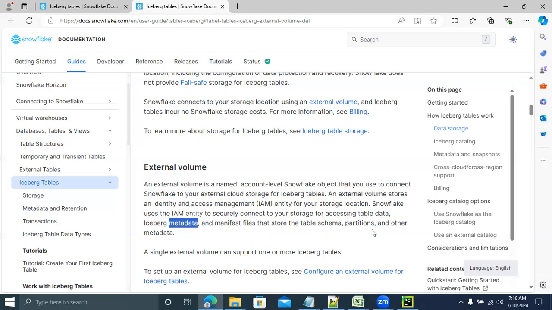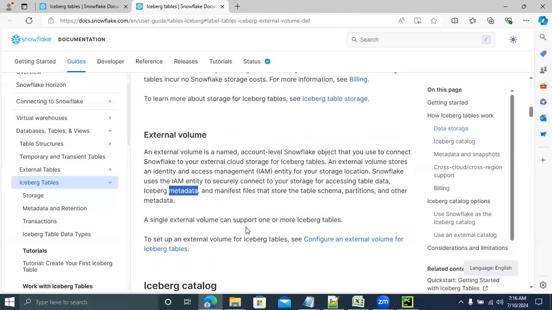The table schema, the partitions, and other metadata will all be available in the manifest file as well.